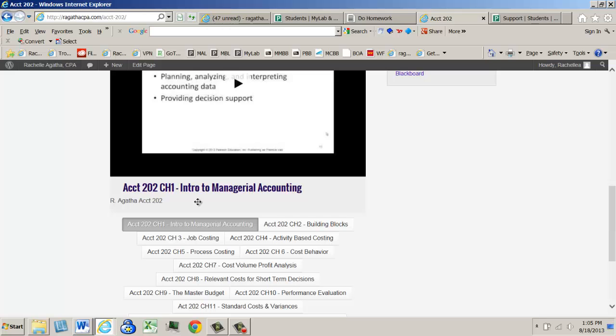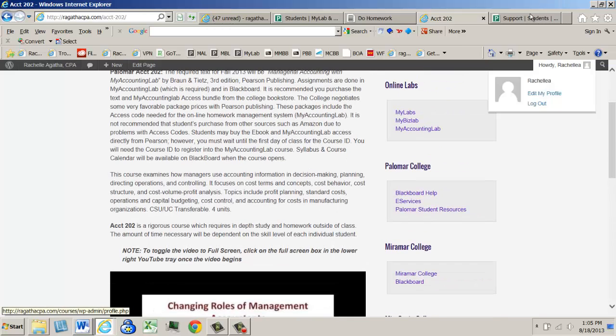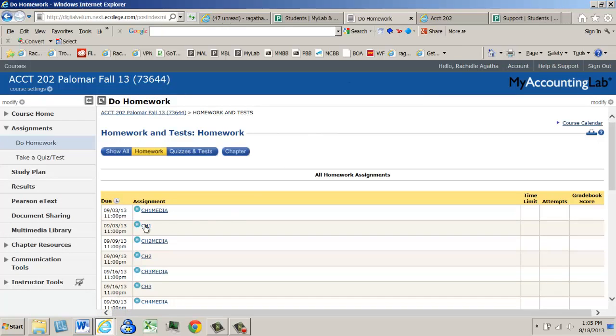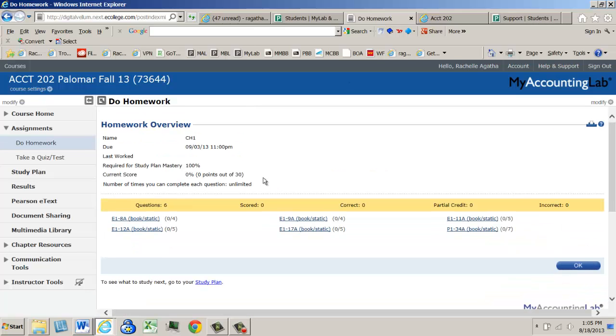So you can read, you can listen, and then you're going to go in and do your homework. When you click on your homework, if you haven't used My Accounting Lab before, there are several problems inside each chapter. You'll see that it's 30 points for this chapter, and each problem has several points attached to it. I set them up so you can do them as many times as you want before the due